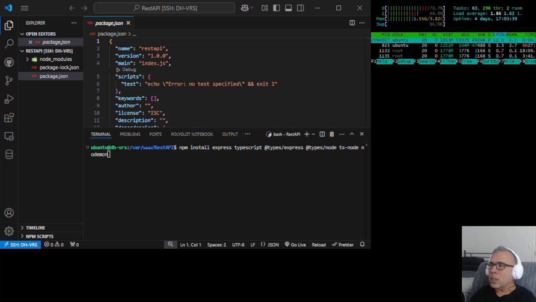Okay, so as you can see, we installed our packages. Everything seemed to have gone successfully, and it created a folder called node_modules. So